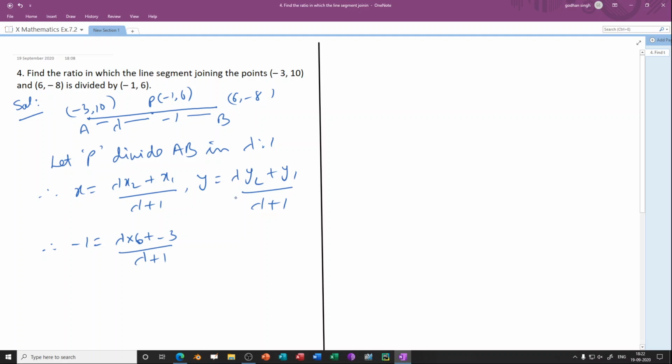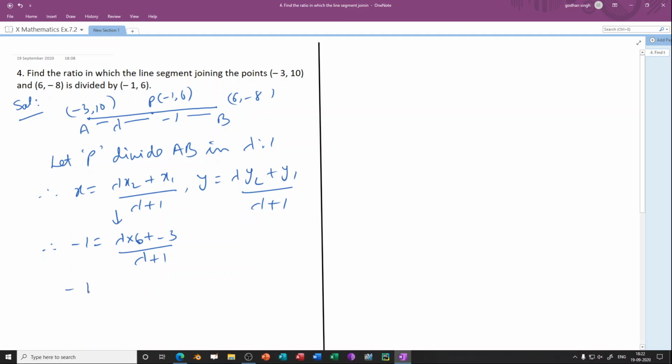Now since our aim here is only to find the value of lambda, we will solve any one of them. Either we will solve for the x coordinate or we will solve for the y coordinate. Doing both is not required, because we will get the same value of lambda and it will be a waste of time. So let us solve for the x coordinate. You can also try the y coordinate. We will get the same answer. There will be no change in that.